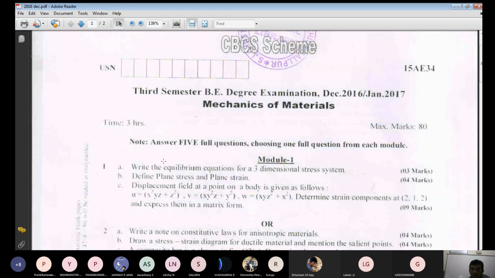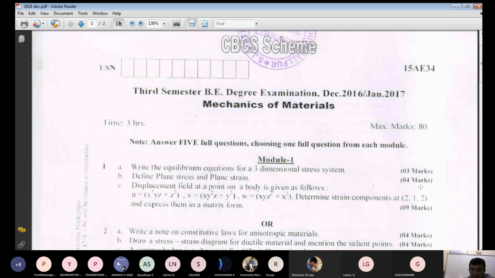That's why you should read the question properly, understand it, and at the same time see the marks allotted. If they ask to derive the equilibrium equation, they generally allot 8 to 10 marks. Then you write the sketch, the stresses acting on the three-dimensional element, and then go for the derivation. See 1B: define plane stress and plane strain. They ask for 4 marks. For the definition you get 1 mark, and for the condition and stress-strain relations you get 1 more mark. For each you get 2 marks, so 4 marks.